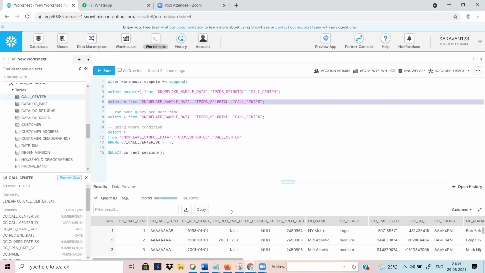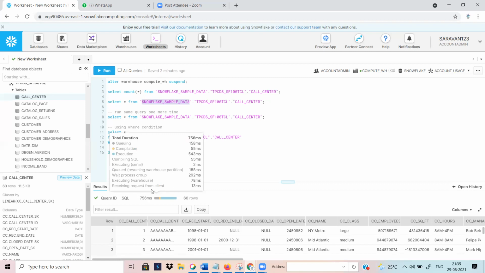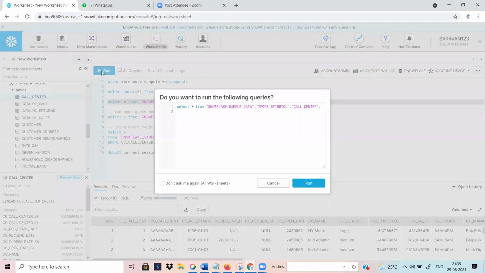This query result will be maintained in the result cache area, and it gets the data directly from there. It is not going to communicate with your remote storage. Right now, when we ran the query, it took 756 milliseconds. Okay, when I run the same query, what happened? You can look at it.